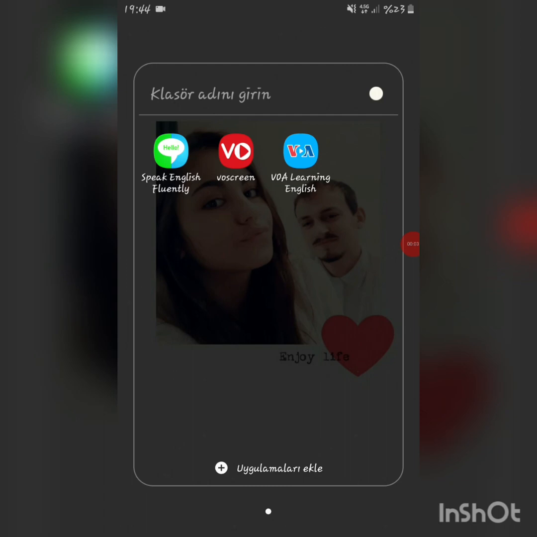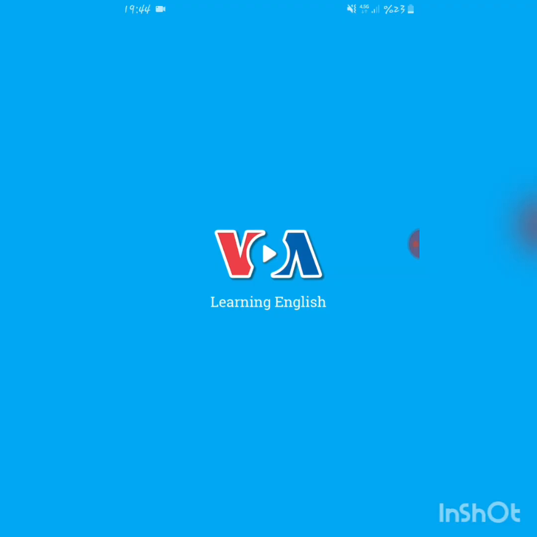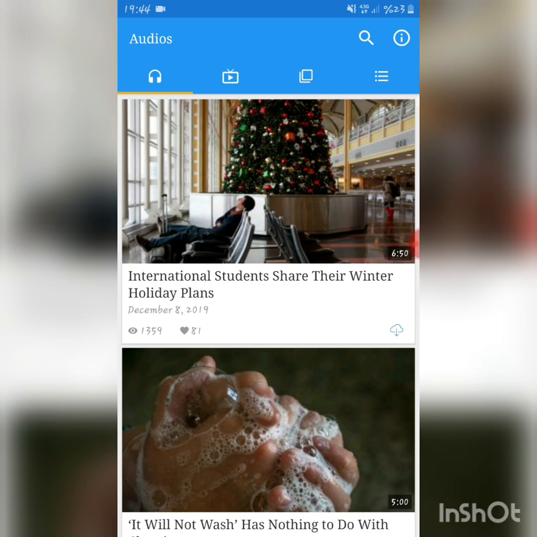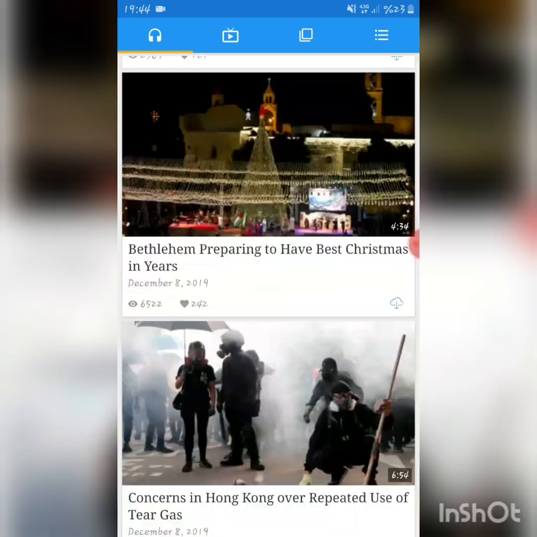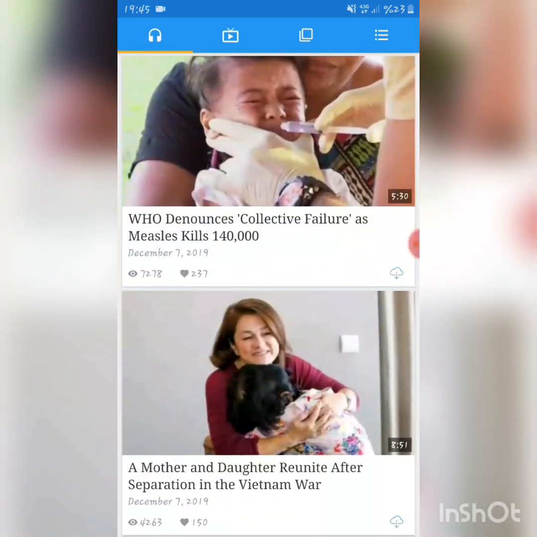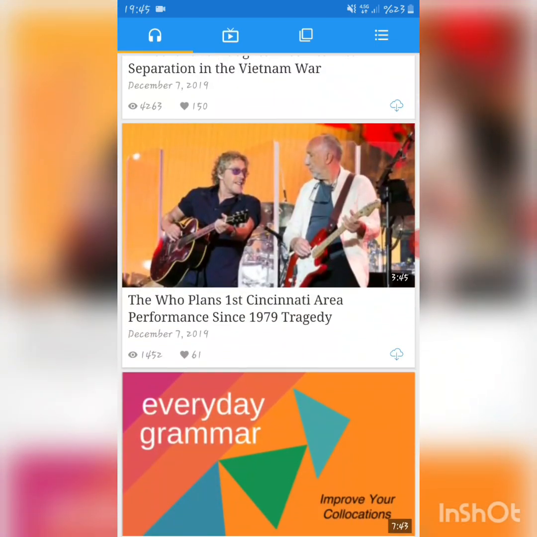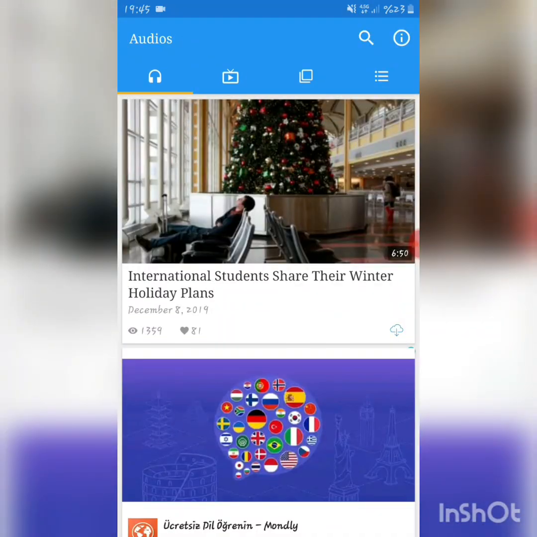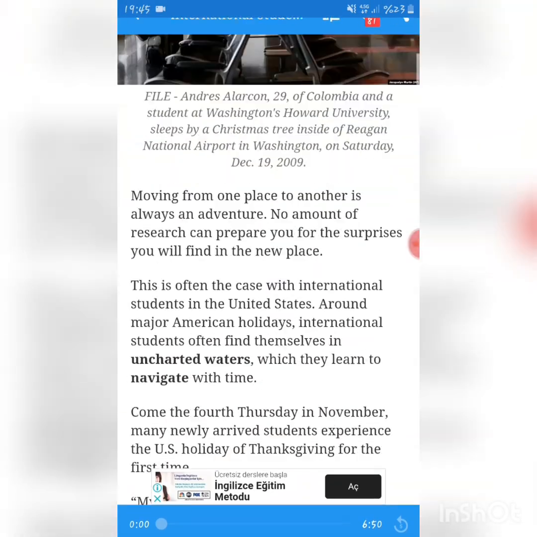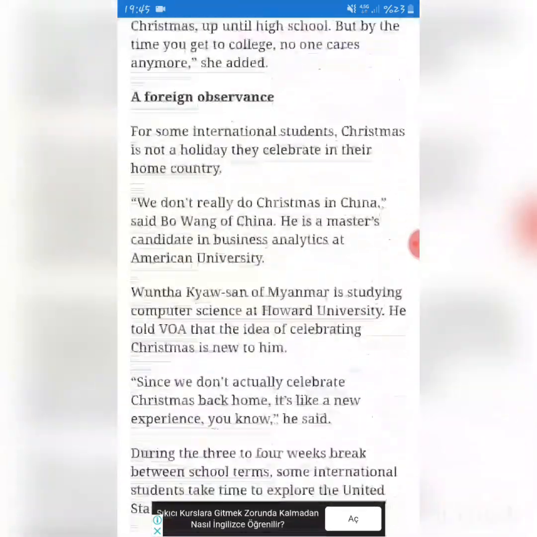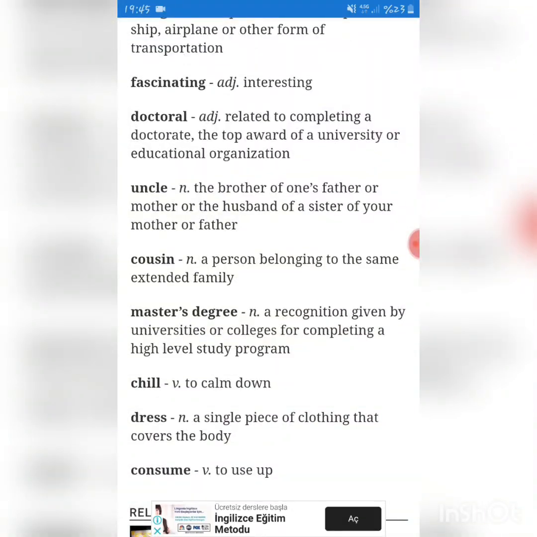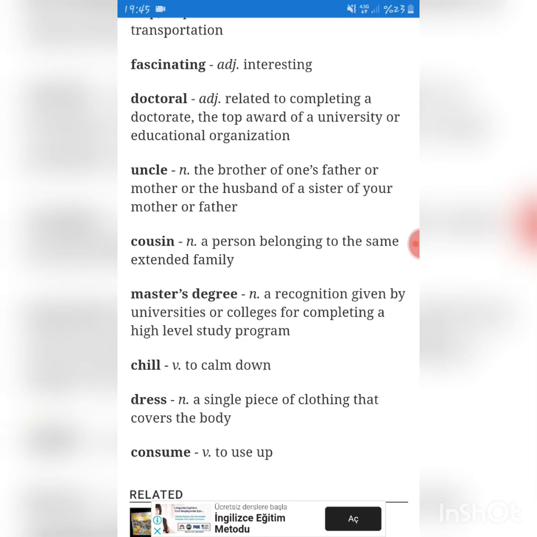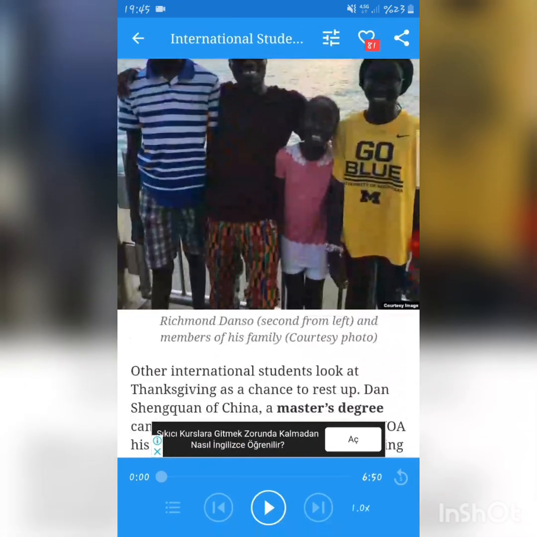VOA Learning English, so practice listening every day. There is so much news for you, in so many kinds, and you can read or listen to the news from this application. For example, the first one, international students share their winter holiday plans. There is a text for you, and there is a words part. If you don't know the meaning of the words, you can check them from this part, and you can listen to the news